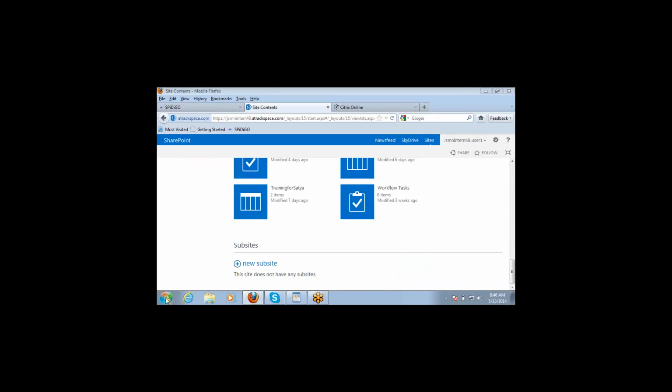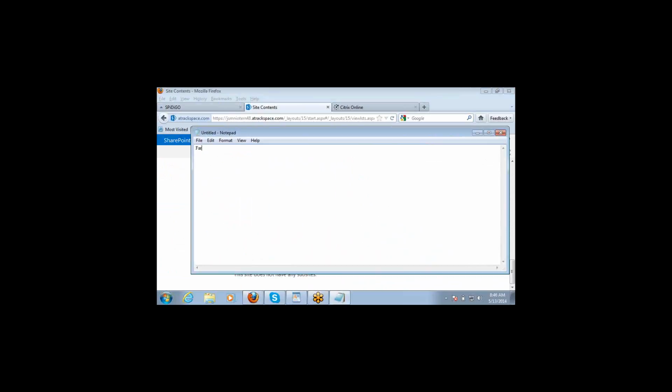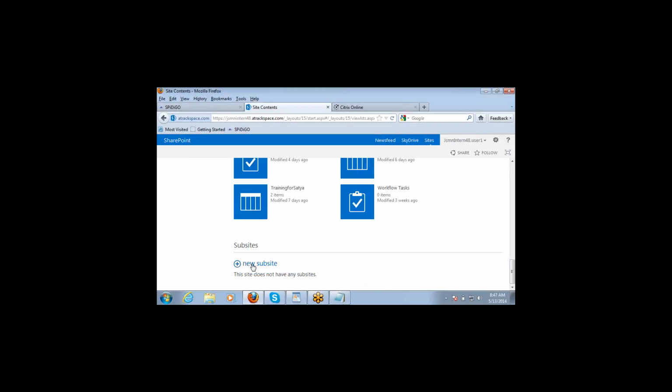So if you remember the SharePoint hierarchy, it is a farm, then web application, then site collection, and site. So this is where we are. We are on site, subsite or web. When we go to all the content, Vipin,